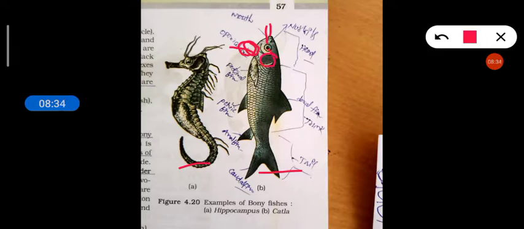And here, see the operculum. The operculum is present in the Osteichthyes, and if you open it like this it will open. The operculum is absent in Chondrichthyes. Claspers can be seen in Chondrichthyes, but here they are not present. I have shown all these examples here. See here, this one is the nostrils. The body is differentiated into head, trunk, and tail.